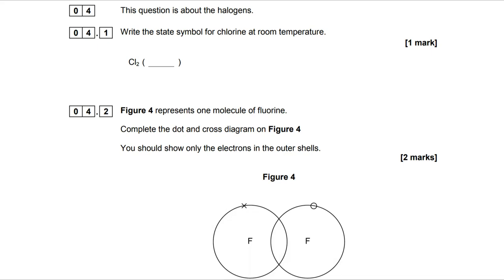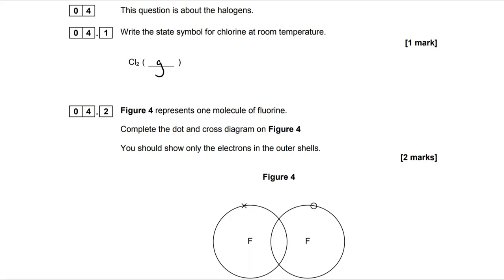This is AQA Combined Science Chemistry Higher Paper, June 2018, question 4. So we are dealing with halogens and we're dealing with bonding on this question. The question is about halogens. What is the state symbol for chlorine at room temperature? Well, hopefully you are recalling that chlorine is a gas and the state symbol that we use for that is